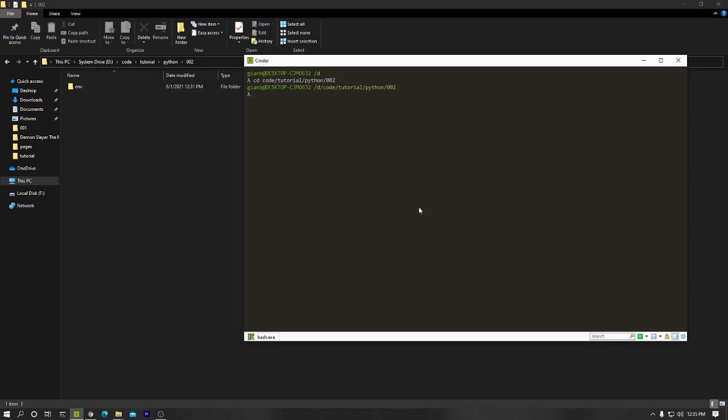So let's start activating our virtual environment. In order to activate that, you should type source and then env, the folder of the virtual environment. Go to scripts and activate. You will know that the environment is already activated when you see this env on the left side. So that's how you activate the virtual environment